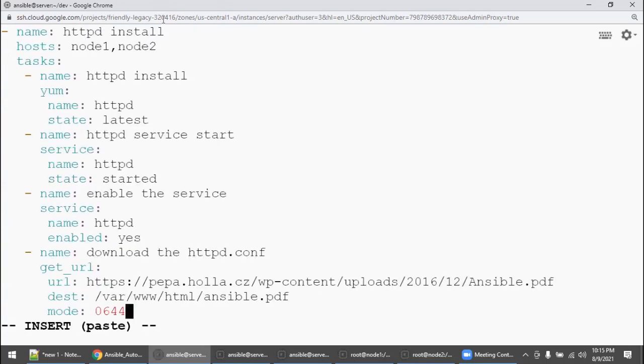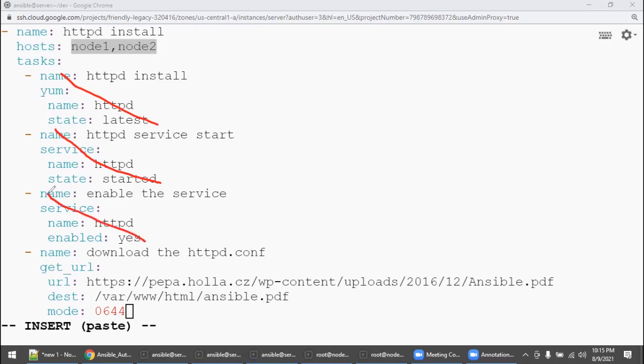Okay, so here you can mention node1 comma node2 or hosts: all, either way, right? First module, first play, right? This is HTTPD installing, and then service module, you are starting the service. Again, you are enabling the service, right? And then using get_url, exactly as mentioned in the example, you need to have one URL and which directory and which file name you want to download and what is the permission you want to give, right?